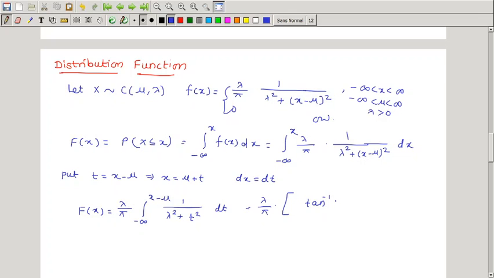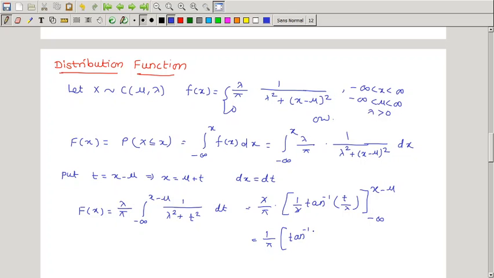This is the tan inverse of t upon lambda, and the derivative of t upon lambda with respect to t is 1 upon lambda, over the range minus infinity to x minus mu. Now I have cancelled this lambda with this lambda. We get 1 upon pi